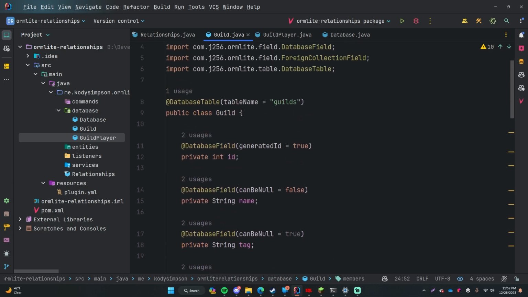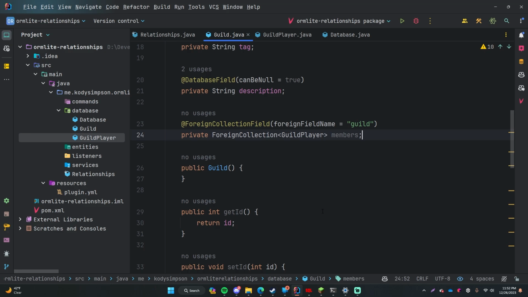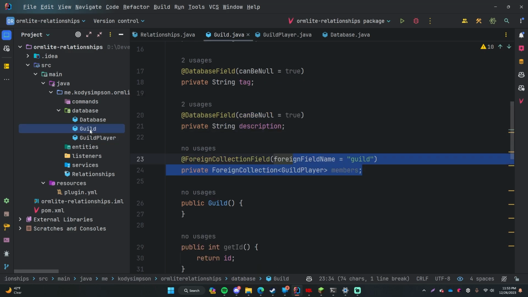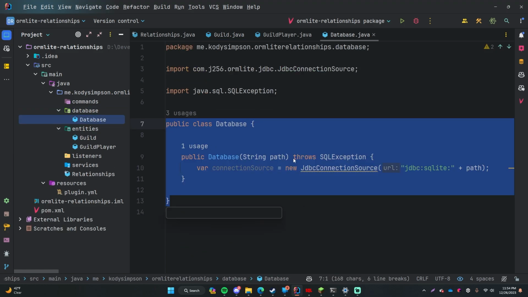So whenever we get a guild, like I said, it's going to also allow us to get the members of that guild automatically. Oh, by the way, it looks like I created the guild class and the guild player class in the wrong package. We want to move it from database into entities. Here we go. So now let's go back to the database class,